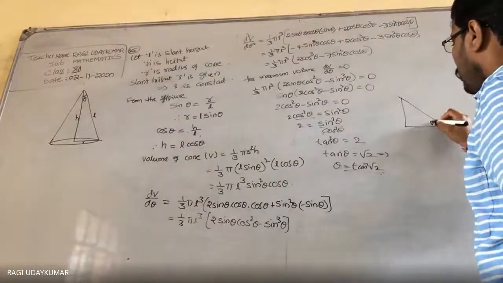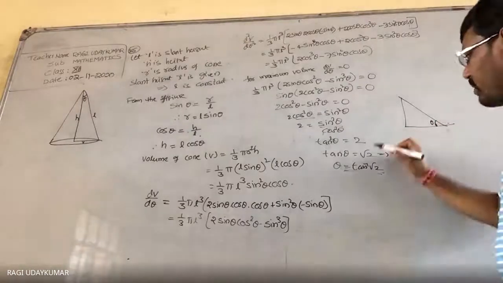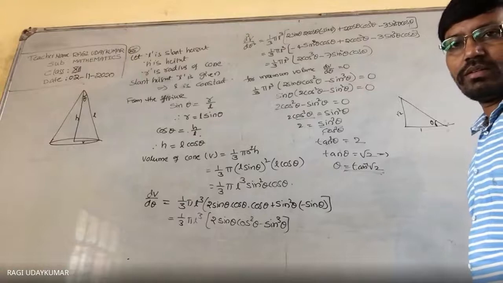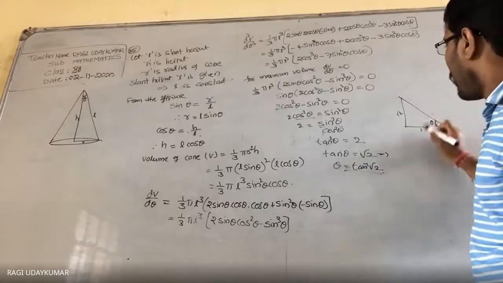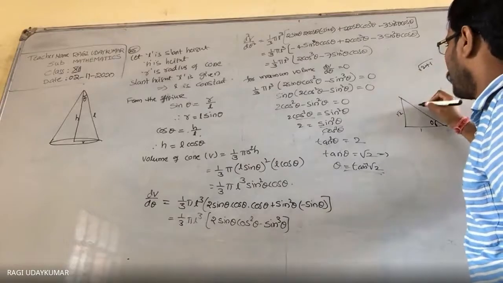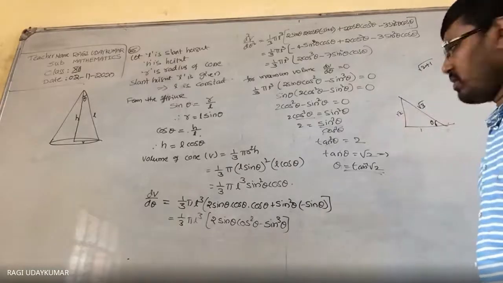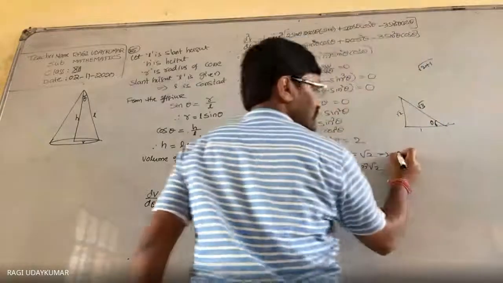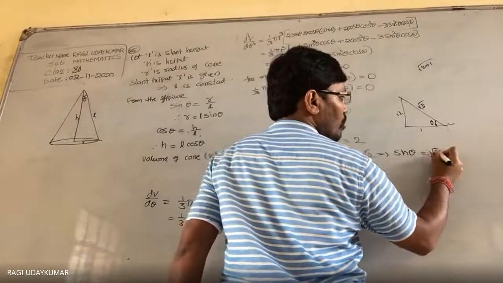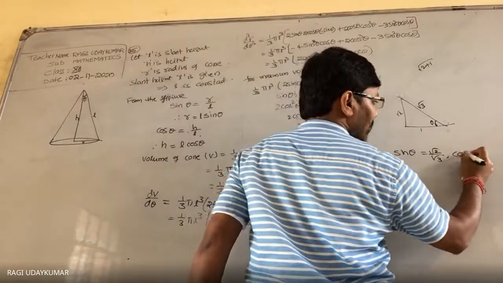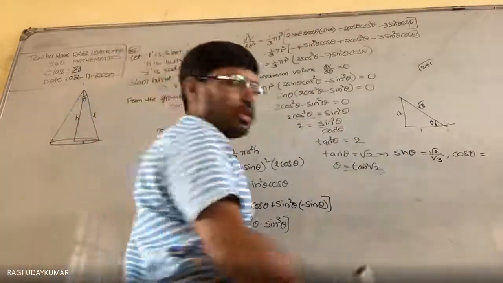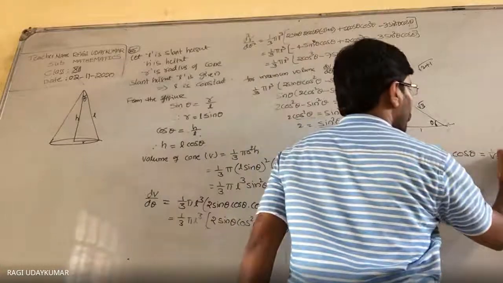ये theta, root 2 opposite by adjacent 1. So when these two are there, this you are going to get under root of 2 plus 1. So root 3 आ जाएगा. So tan theta equal to root 2 implies sin theta equals root 2 by root 3 आ जाएगा. And cos theta is equal to, is it visible to you? 1 by root 3 आ जाएगा.